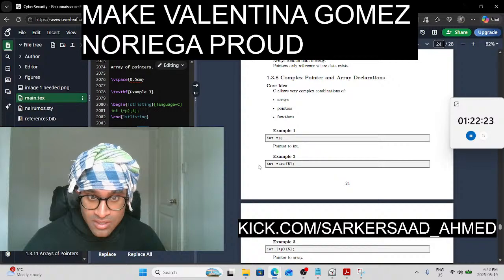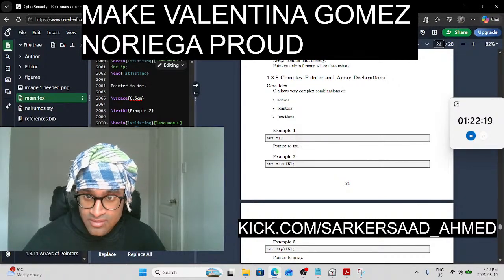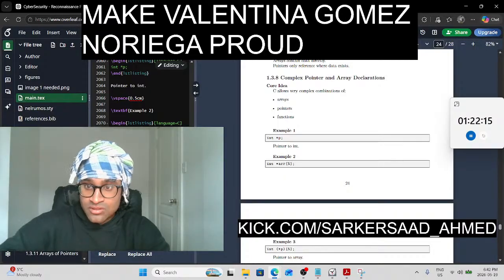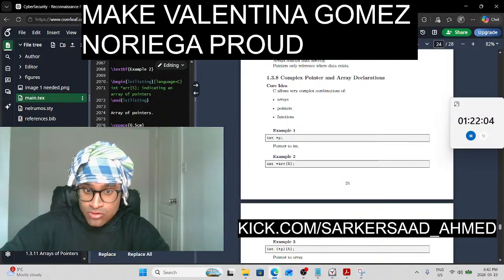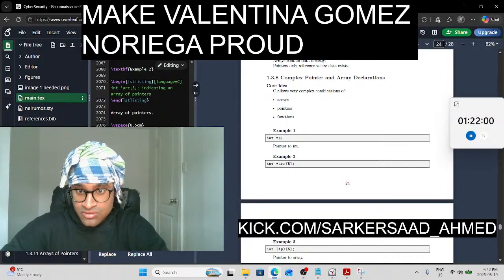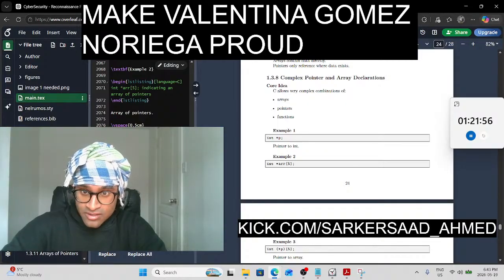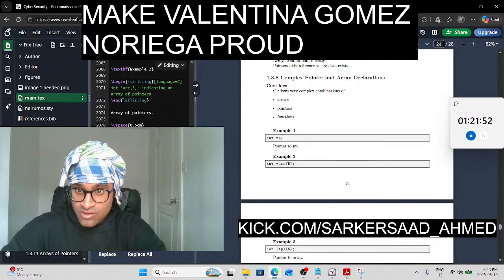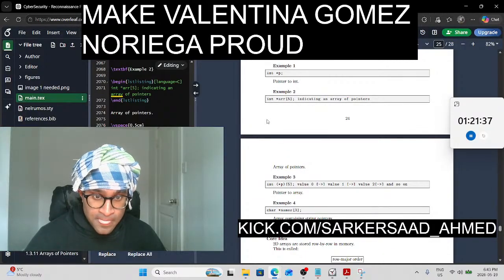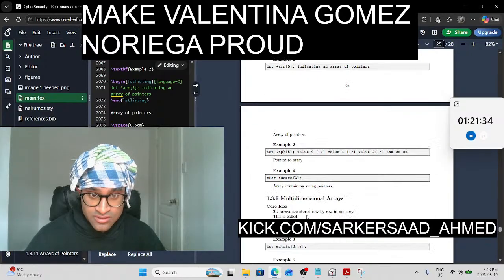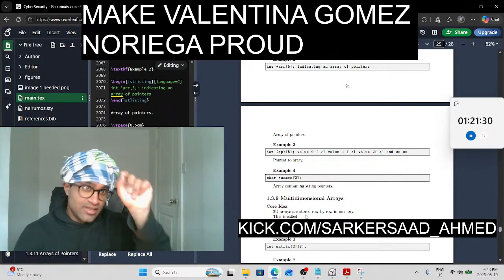So the first one, this is the number of arrows. This is string value 0, this is value 1, value 2, and so on. An array containing string pointers: a char array of length 3, so you can have S, A,